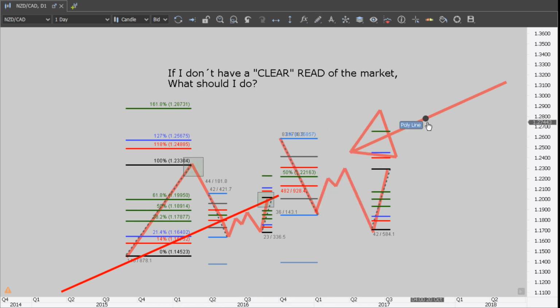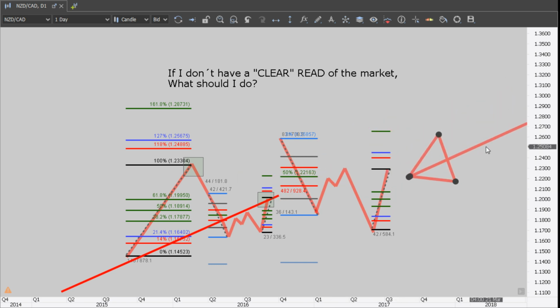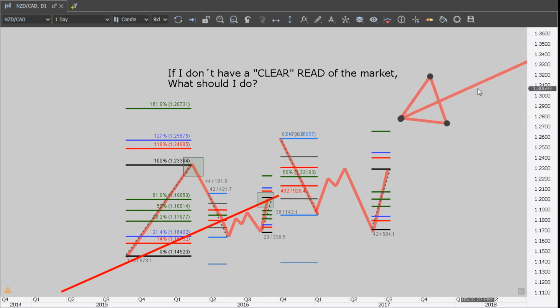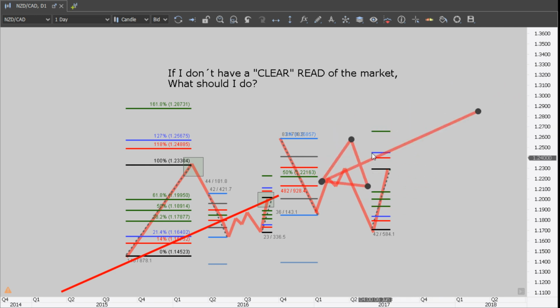This is a high, this is another high, I have a lower high. What should I do? Should I go long or should I short, you know? What should I do? Especially when the question is, why should I do on the 1 hour chart when the weekly chart,